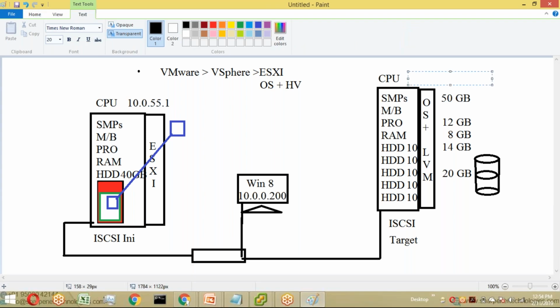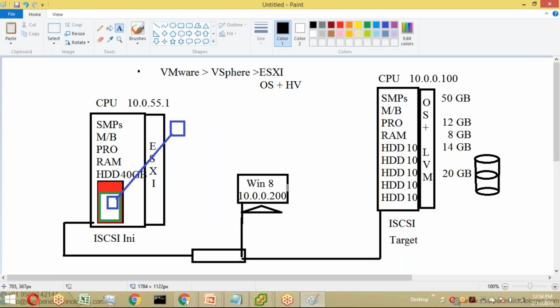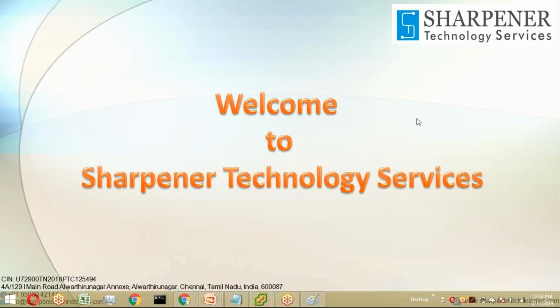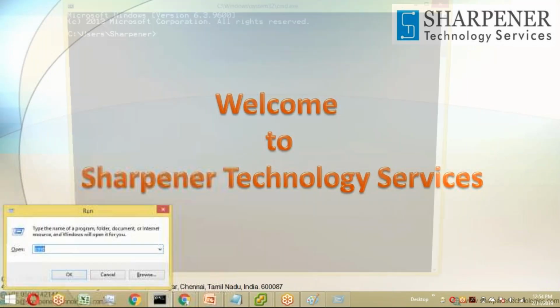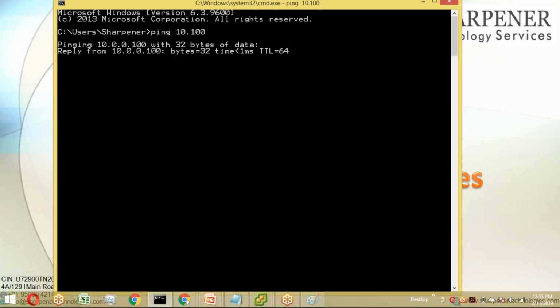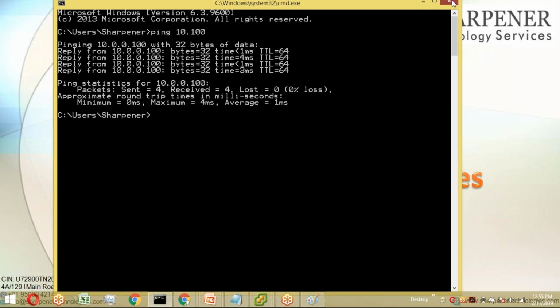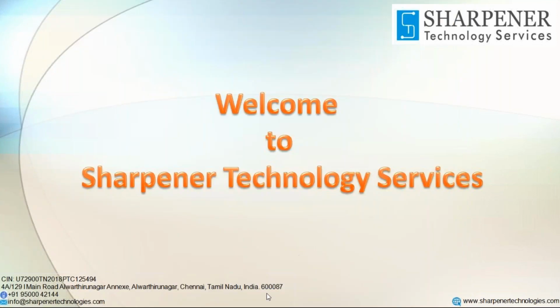Now, what is the IP which has been given to the storage server? The IP for this guy is 10.0.0.100. Now let's go ahead and see whether this box is able to ping. How? I'm just going to go ahead and say cmd ping 10.0.0.100. Of course, my storage server is also replying to me. So I'm going ahead and saying now,